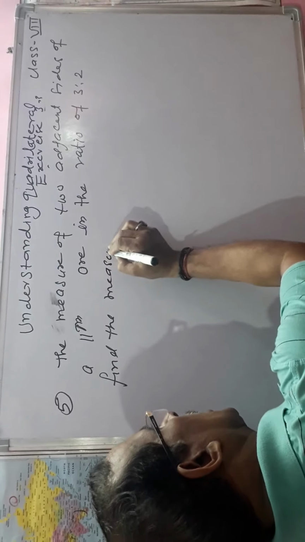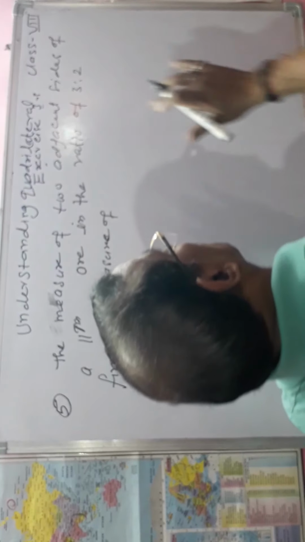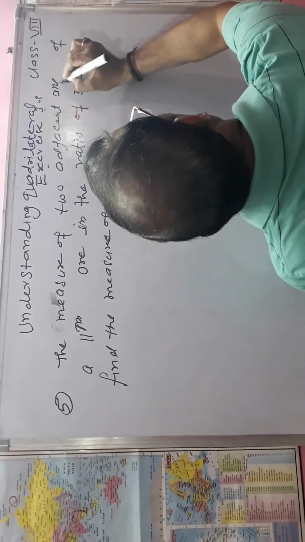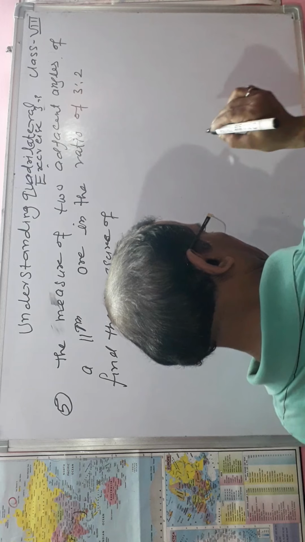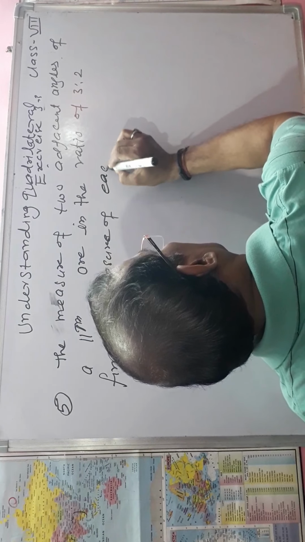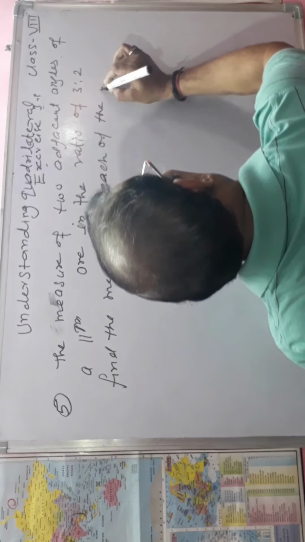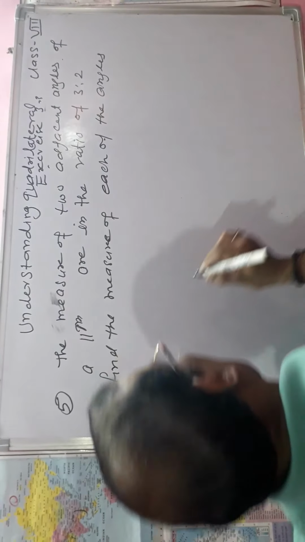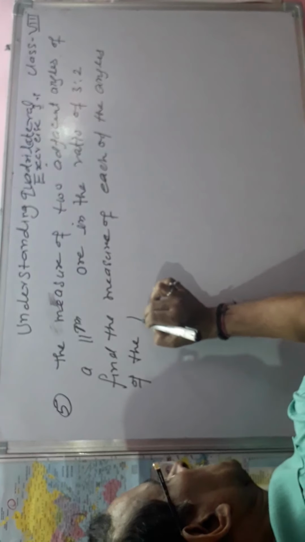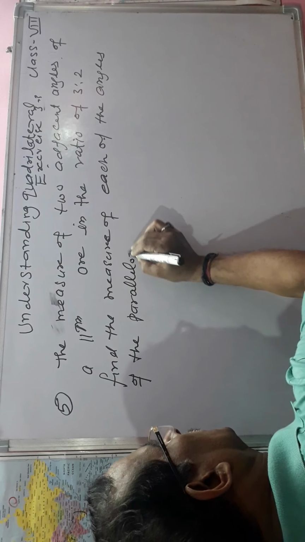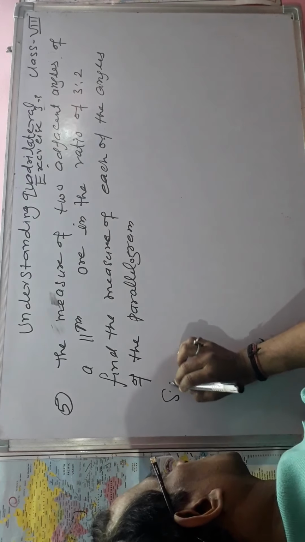Find the measure of each of the angles, two adjacent angles. Find the measure of each of the angles of the parallelogram. Now solution,